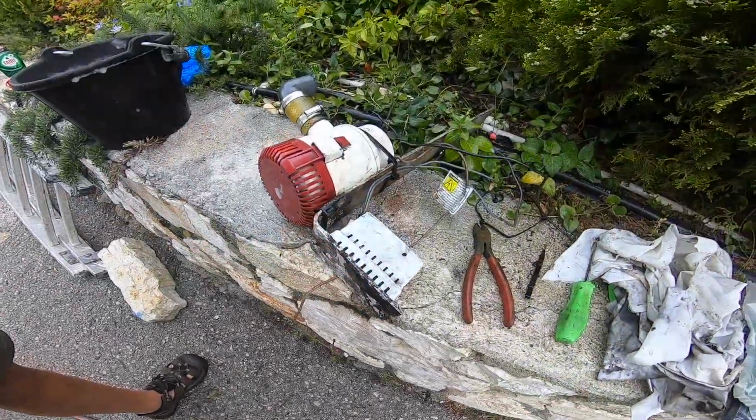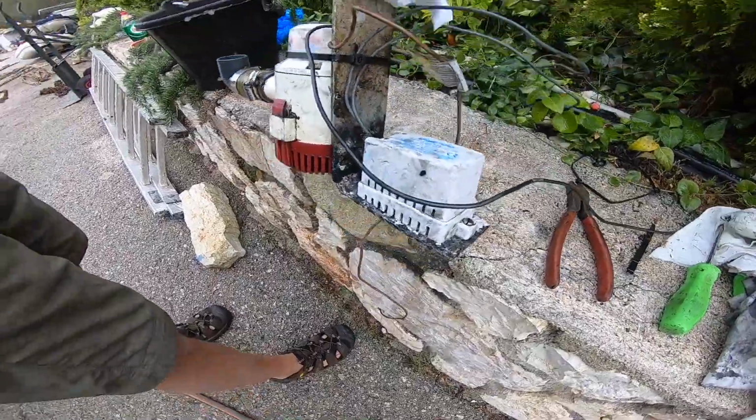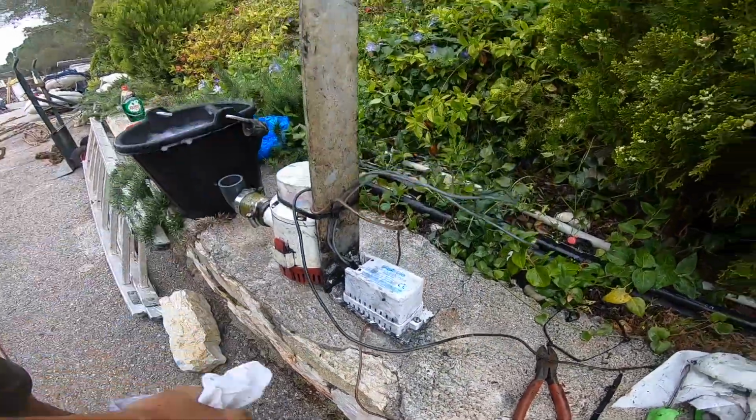But the pumps, I think, were done when the engine was done. I lose track. I think the pumps were put in when the engine was done. The only thing we did differently was rewire them because we put the alarms in. Okay, so I've cleaned the pump up, and cleaned the float switch up on the inside as well, and it's on